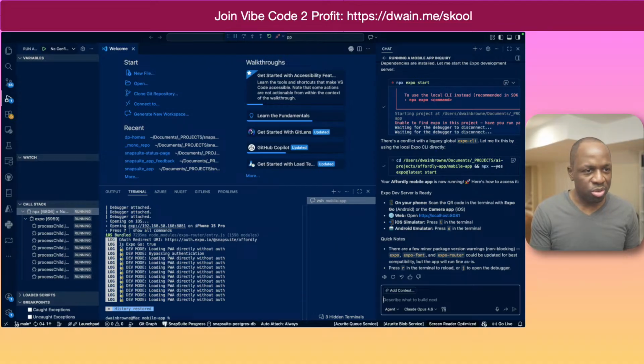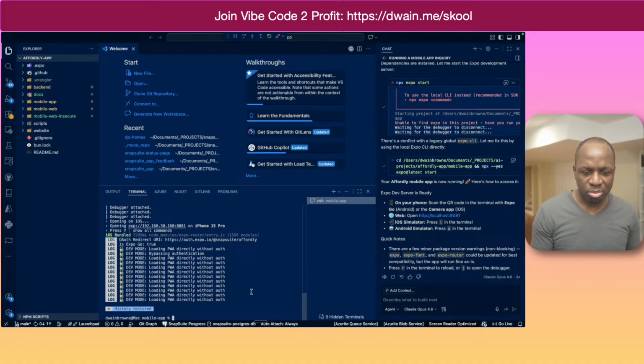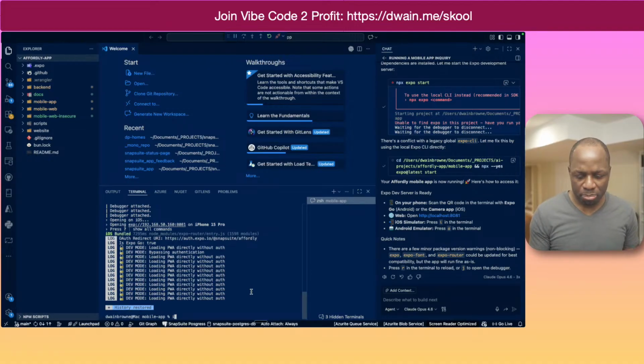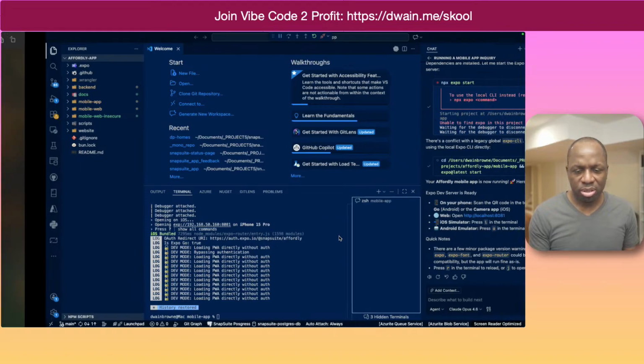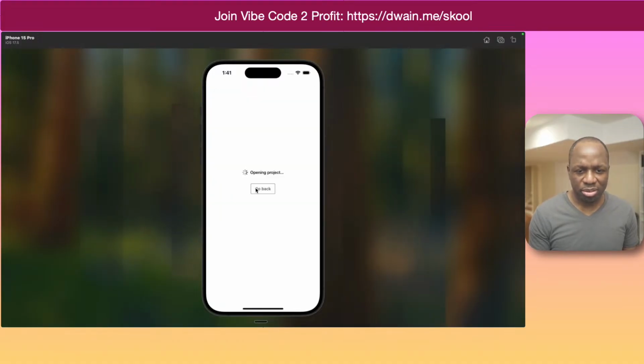Which one did you do? Did you do the mobile? Mobile app? Yes, on your iOS phone, scan the QR code or press I. Yeah, okay, press I. On iOS simulator, press I. Yeah, okay. Wait, what? Okay, here.